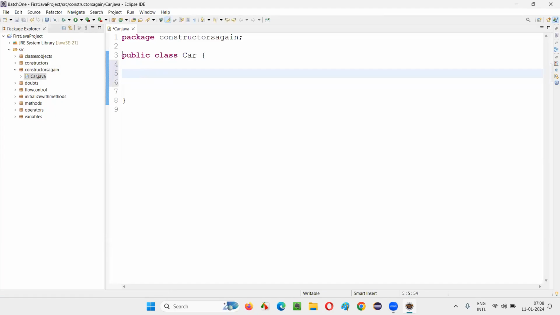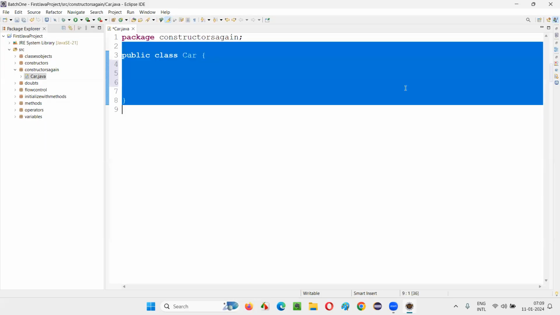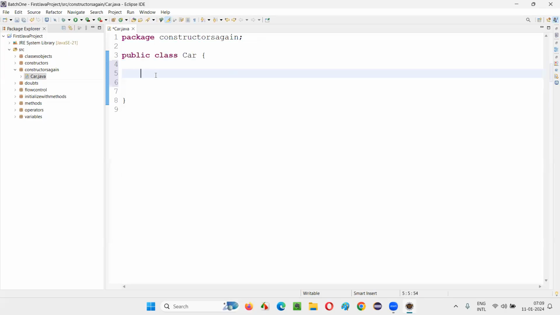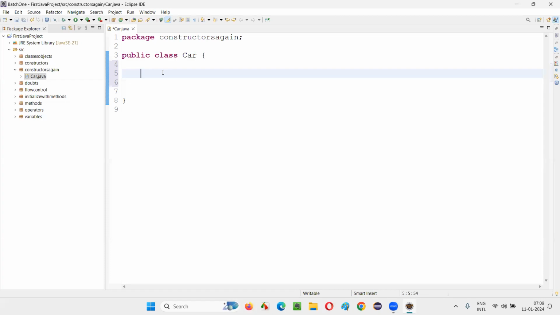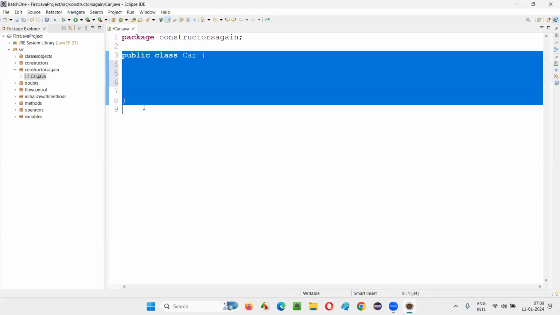Public class Car. And this class I'm creating as a template. You see, we need classes to create the objects, right? So I'm going to create this class as a template, and using the template, I'll create objects.